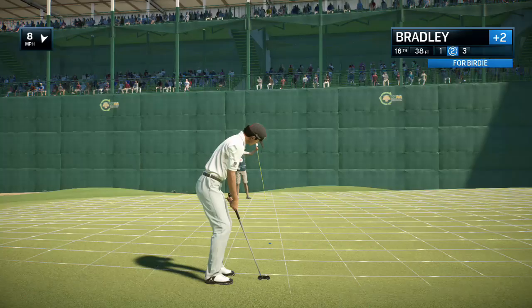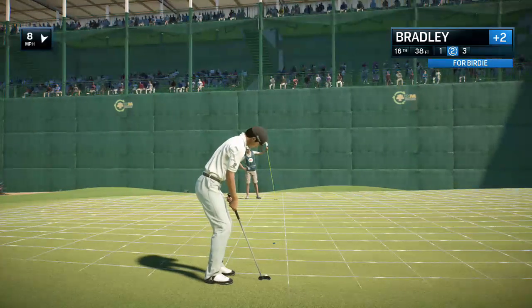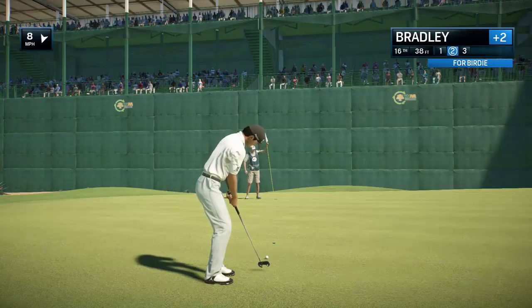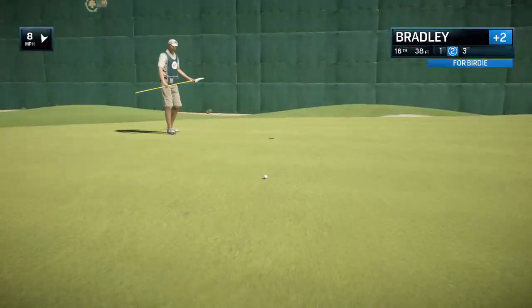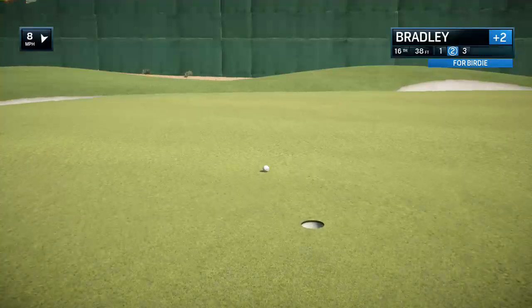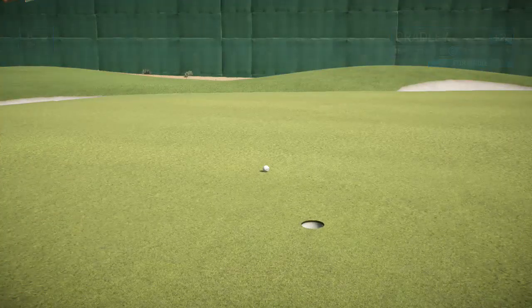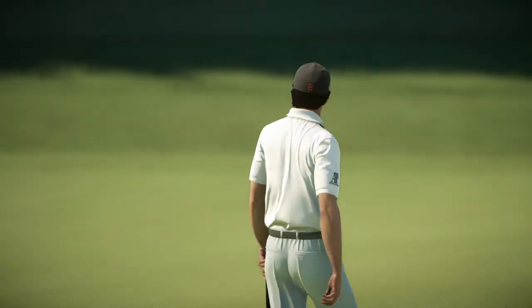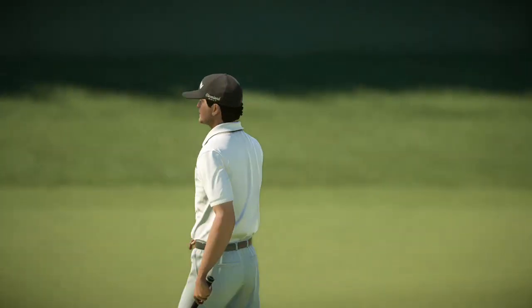Frank, I'm not saying he should pull out driver here, but this is a long putt. Greens are fast, though. You never know. Good line, good pace. Might have a chance. Frank, that's just a really good putt right there. Yeah, that's why you call it lag putting. You get outside a certain distance, and really your mind has to be about two-putting